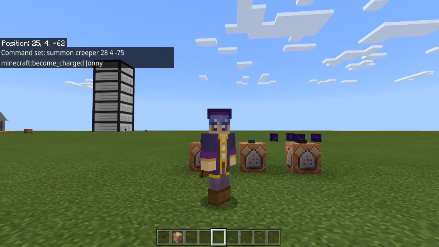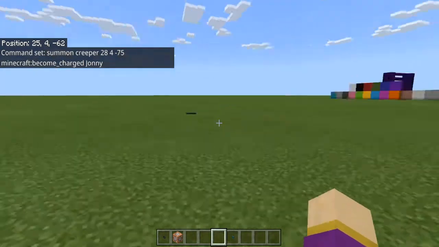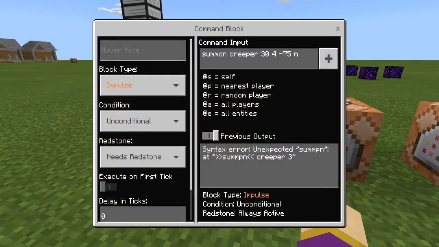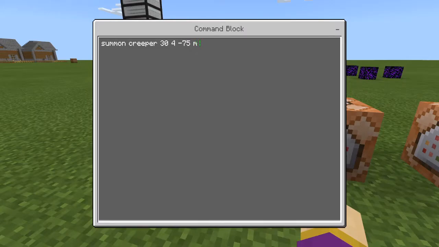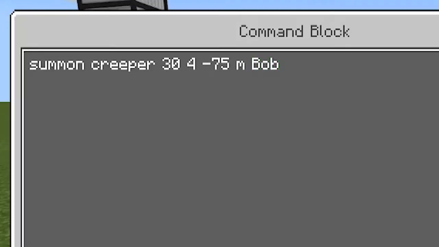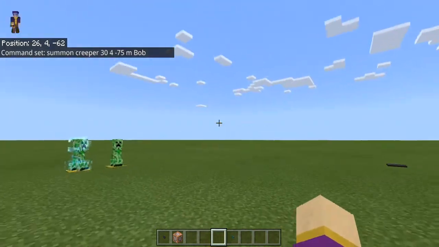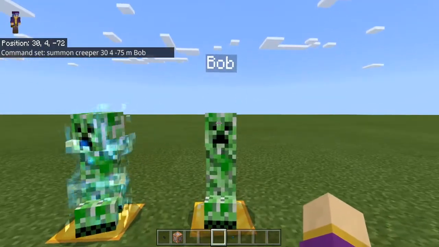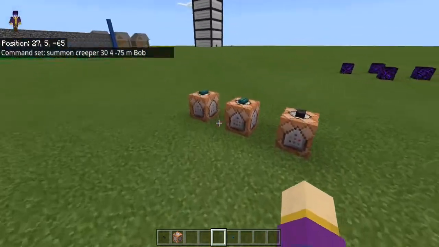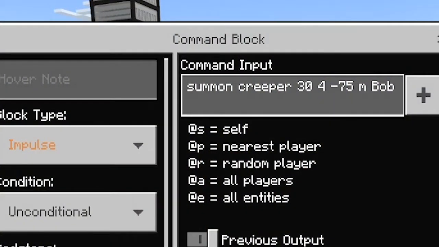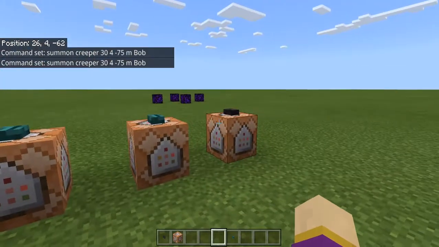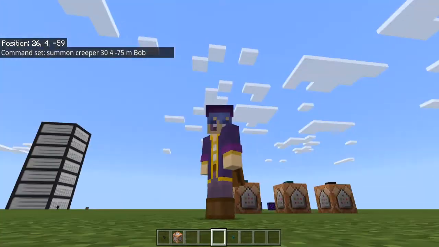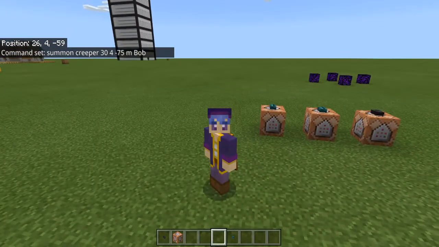Unless you just remove their AI. But yeah, that involves coding. Again, it works with a random letter. Just to showcase it, I will be naming this creeper Bob. Click. Come on over here. Bam. Bob. As you can see, there's no mob event. I just put the letter M and it works. And yeah, that is basically mob events and how to do slash